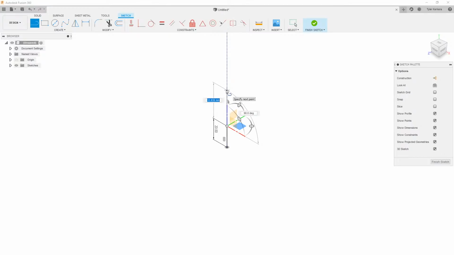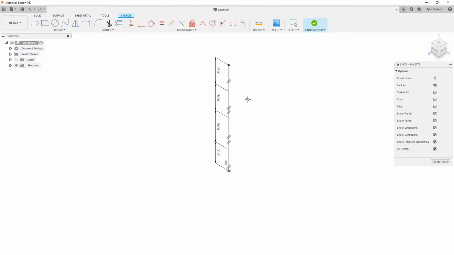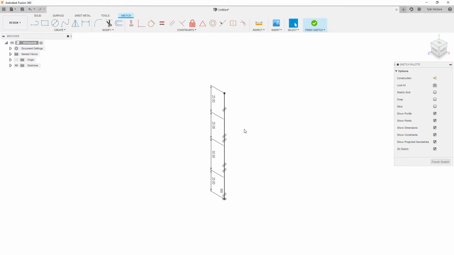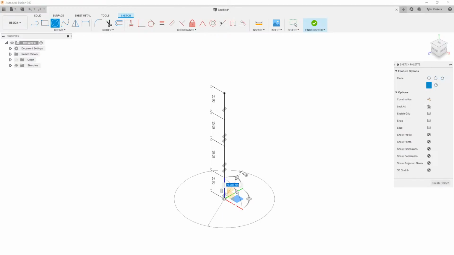So I'm going to start by just drawing a couple lines in this Y direction here. One more. And the reason why I wanted to show this is kind of outside of what my demonstration is going to show today, but definitely a good kind of Kickstarter to get you thinking about how you can use this 3D sketching tool, where, of course, this part previously would be a single sketch, but now I can go in and add